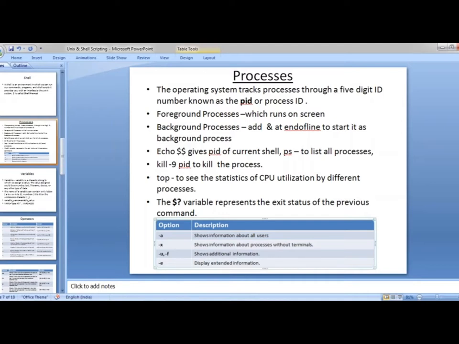The $? variable presents the exit status of the previous command.